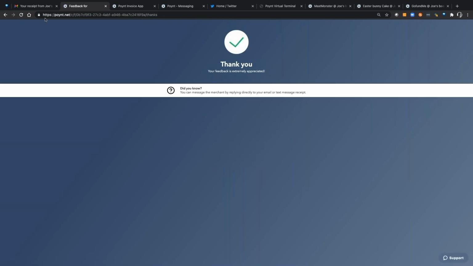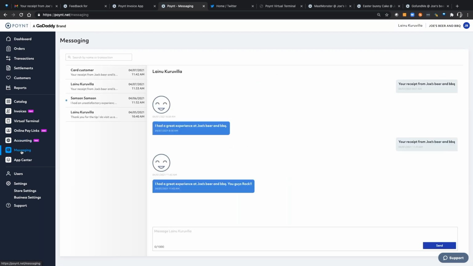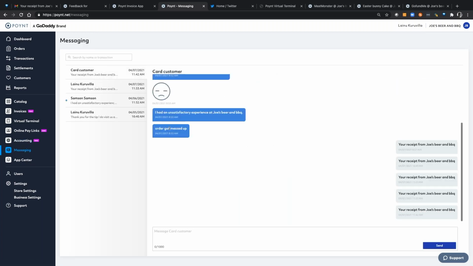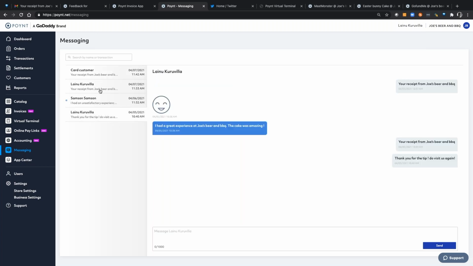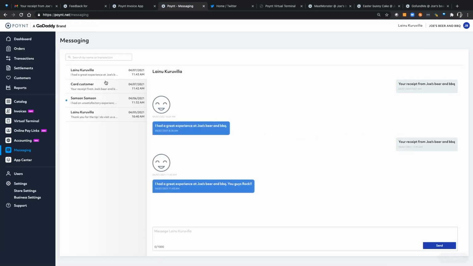So obviously you can either respond directly to that email, or you can use this. As soon as that happens, if they go back into the messaging center, I'm just gonna open the messaging center, you get your messages pop up here. So all of this, you can respond immediately back to the customer within a few seconds. I'm just going to refresh my page, looking for the other customer. Okay, so as you can see, our message comes back here, and we can respond back to the customer saying,